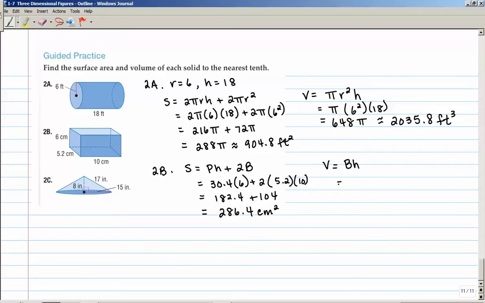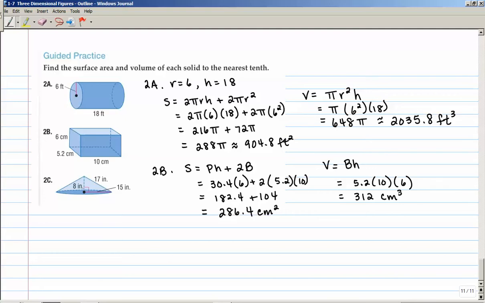Now for the volume of this, I'm going to use the formula area of the base times the height. The area of the base is 5.2 times 10. The height is 6. And actually, looking at the diagram, this probably brings to mind the formula that you may have learned in pre-algebra. For the volume of a cube or any rectangular prism like this, it's basically length times width times height. So plugging that into my calculator, it gives me 312 centimeters